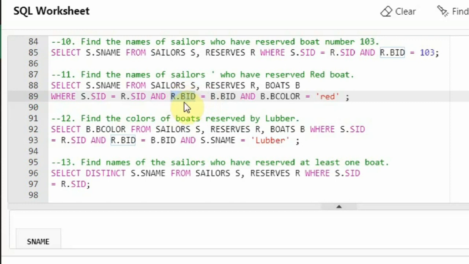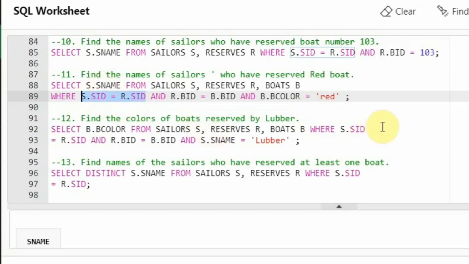In the reserves table I have the SIDs of the sailors, so I will be taking the SIDs of the sailors whose boat is red in color, and that SID I am matching to the SID in the sailors table. And after matching, from the sailors table with the matched SIDs, I am retrieving the names of the sailors.